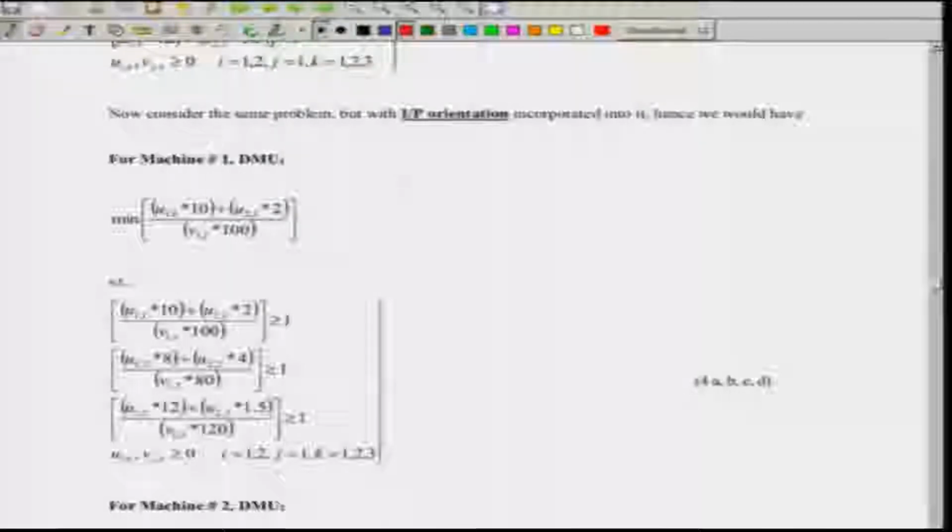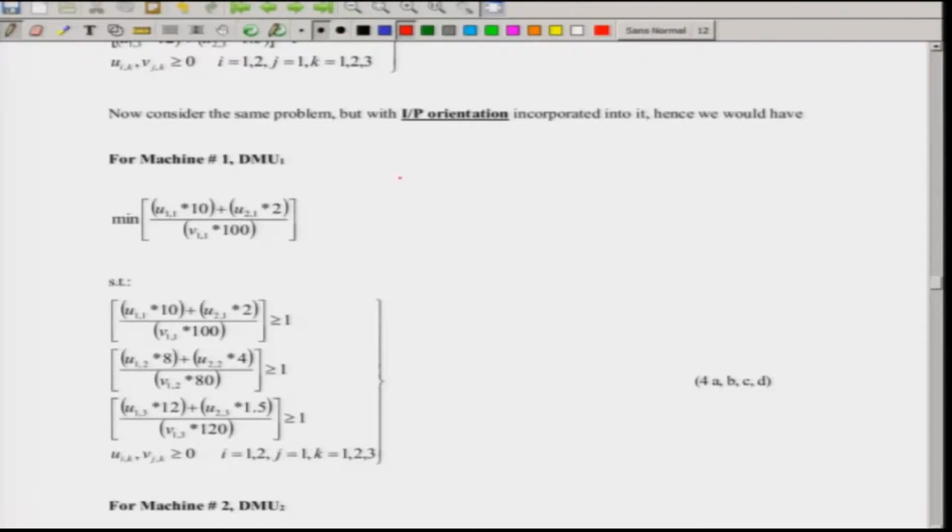In the input oriented model, what you are trying to do is minimize a ratio. Why are you trying to minimize the ratio? Because you are taking the inverse of efficiency, which would mean that you put the output and the input in such a way that the input is in the numerator and the output is in the denominator. You normalize the output at a level of 1 and try to decrease the input as low as possible to minimize it, because minimizing would bring down the numerator as low as possible. That means it will actually increase your efficiency for the DMU.